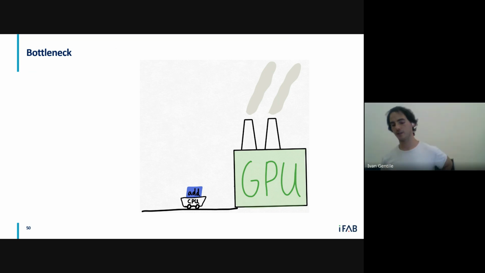So we have the situation where we're zooming in now. So let's not get confused with the distributed network, right? We have seen what is a node, what is a multi-node. Now we're thinking only about how, also in our laptop, if we have a laptop with a GPU, the CPU and the GPU interact. Most of the time, what happens is that we are providing the GPU with an instruction, but with the CPU. So the CPU little car here brings an instruction, in this case, add, to the GPU.